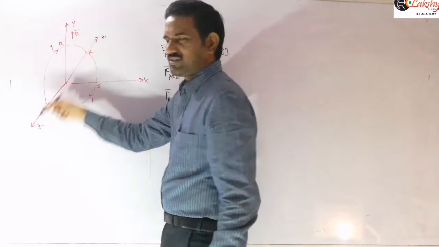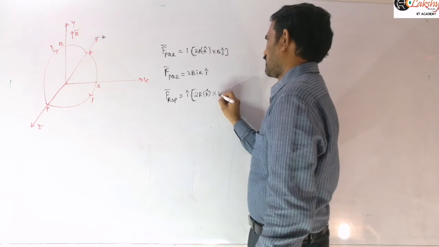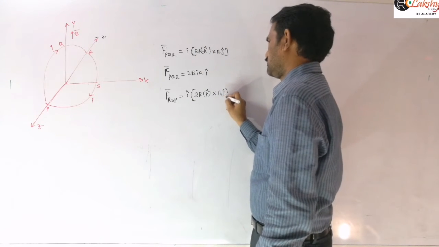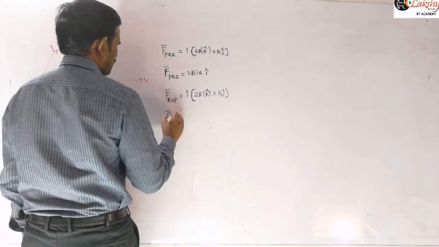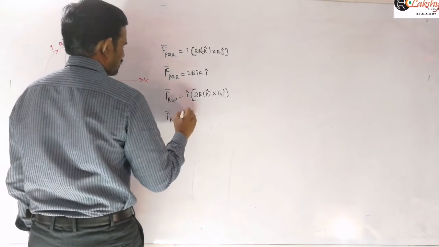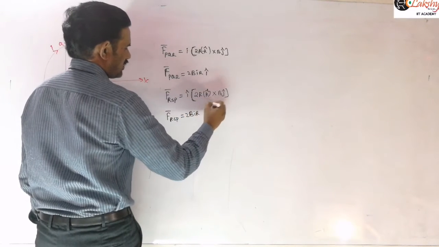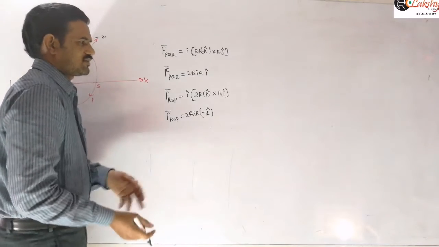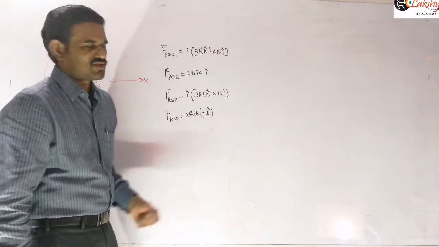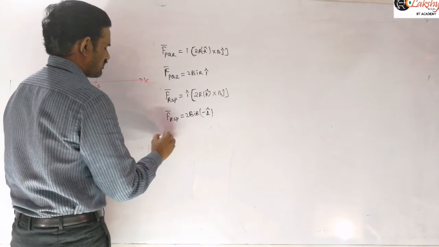Now it is along this Z direction, the positive Z direction. So cross B J cap, and this vector we can write as RSP is equal to 2BIR minus I cap. That means now it is K cap cross J cap, so it is minus I cap. And therefore the net force acting on this loop will be equal to